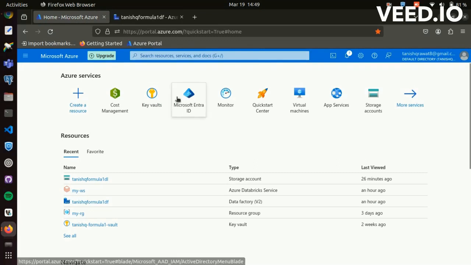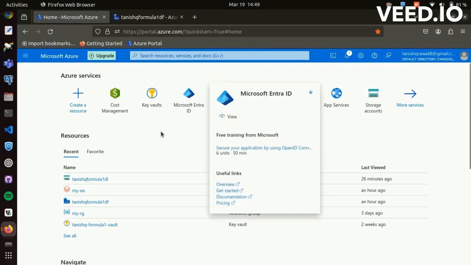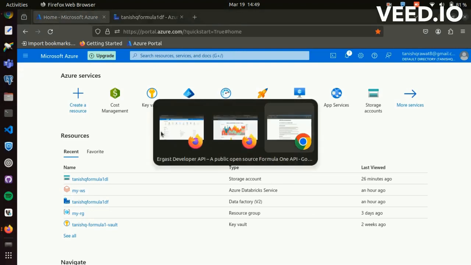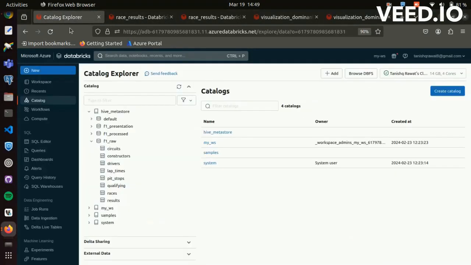I have created 3 layers in my project, which are the ingestion layer, the transformation layer, and the presentation layer. The ingestion layer handles picking data from raw files and dumping it into the raw database, which I can show you. These are the 3 databases: Formula One raw, Formula One processed, and Formula One presentation. The transformation layer handles transforming raw data to processed data and stores it in the processed database. And finally, the presentation layer converts processed data to presentable data and stores it in the presentation database.